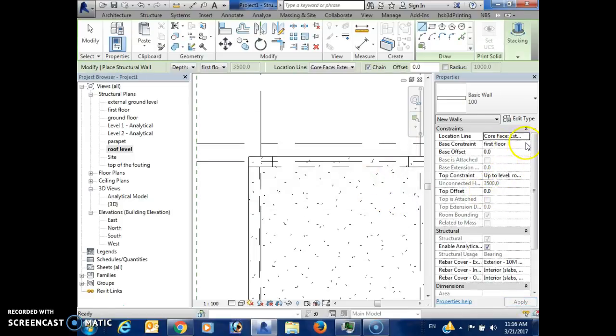Sometimes it doesn't let me. Or we can do it from roof level and connect it at 1.5 meters. Yes, 1